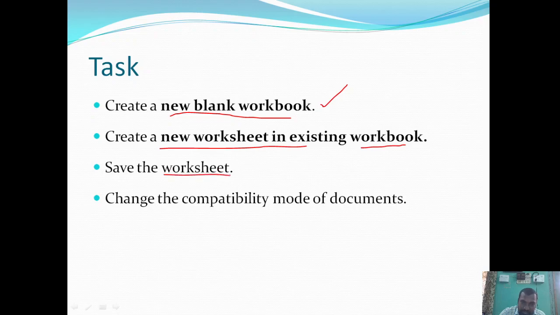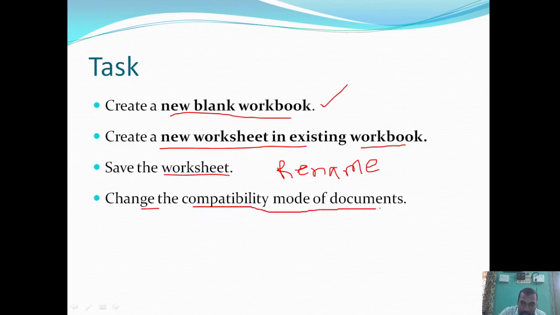Save the worksheets. Try to rename those worksheets. Try to rename the workbooks. Observe how it is going to happen.